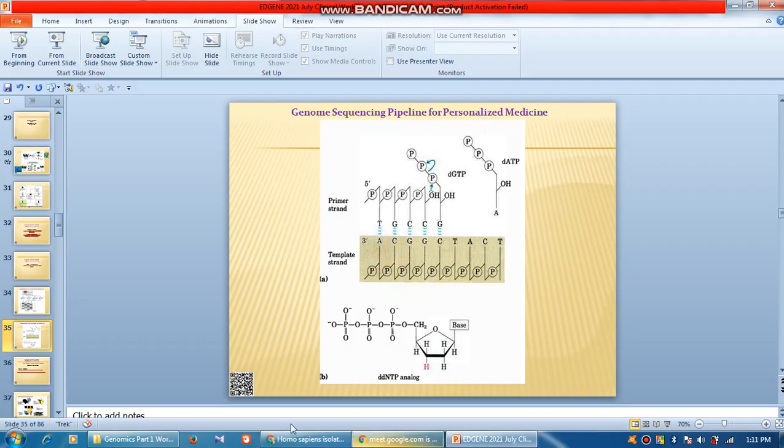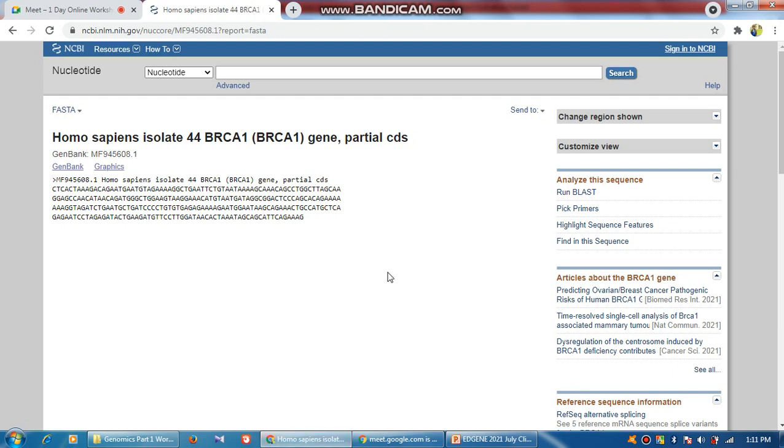So I'll close it and I'll go to the human sequence. Okay. So everybody open this human sequence of BRCA1. BRCA is again a proto-oncogene in normal man and woman. If the sequence is exactly like this, there is no problem. Okay. Now if there is abnormality in the sequence, it can lead to breast cancer. Okay. So we shall see what exactly has happened.